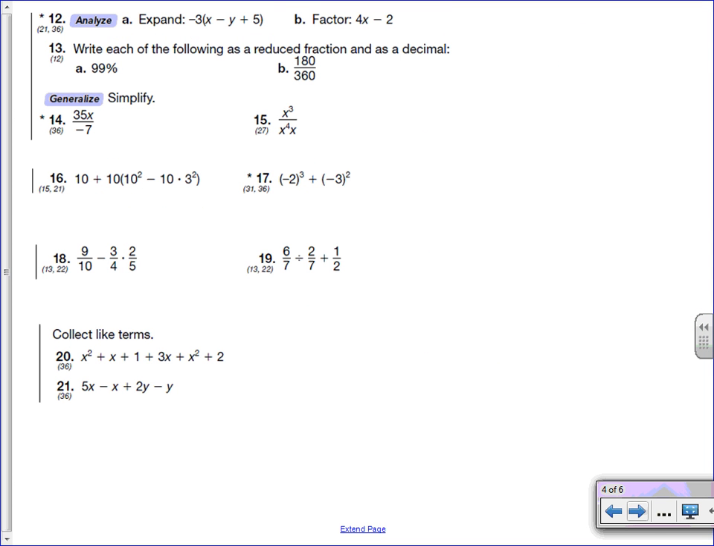Expand. When they say expand, what they want you to do is use the distributive property. So this -3 gets multiplied by x, and then it gets multiplied by y, and then it gets multiplied by 5,